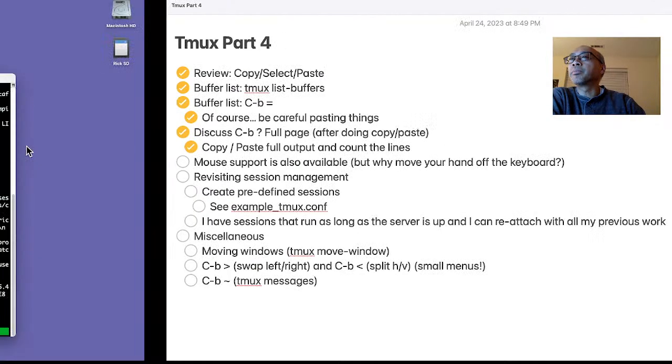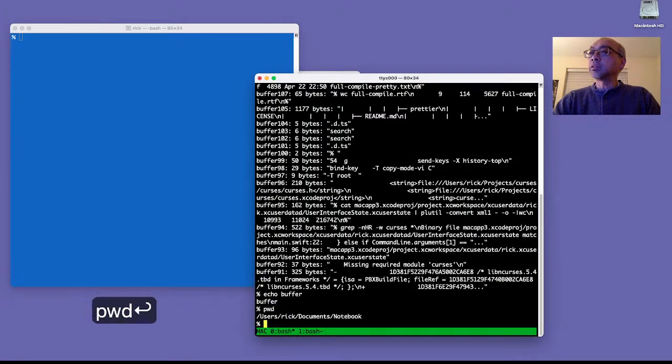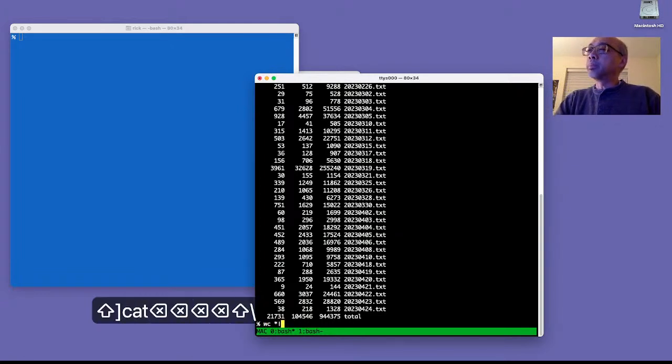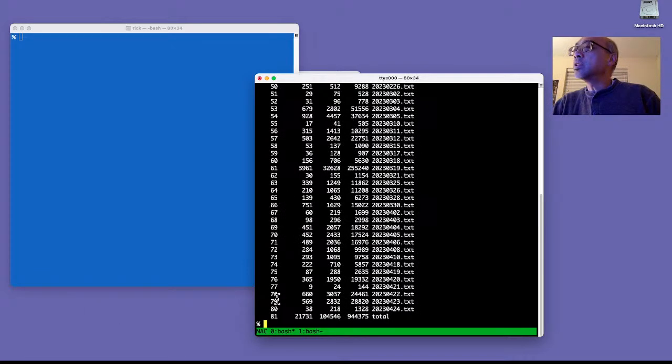Namely, we have here the concept of, let's go into this notebook file and just grab one here. Like this one is 60 characters. Actually, let's do it this way. I'm going to do this list and I'm going to put the cat in front of it so that I can get line numbering. So now we see there's 81 lines from the last command, and when I do Control-B and